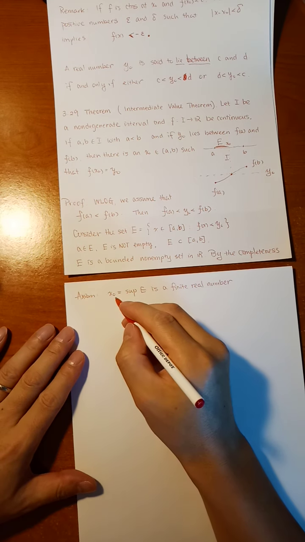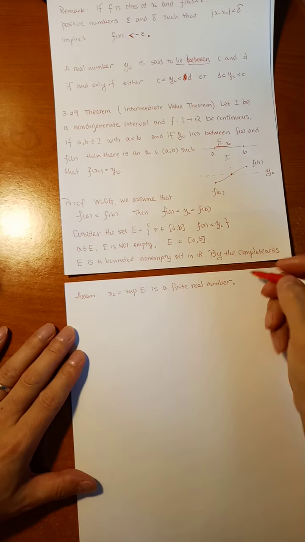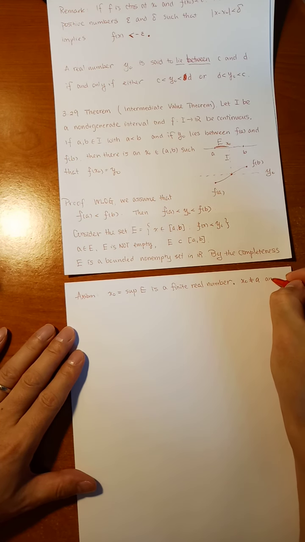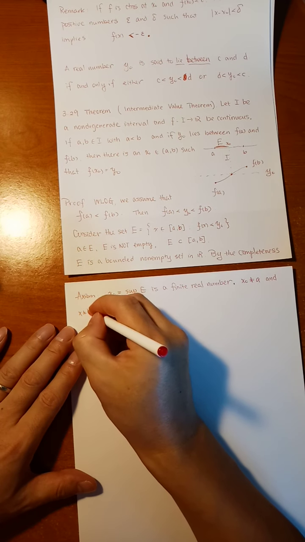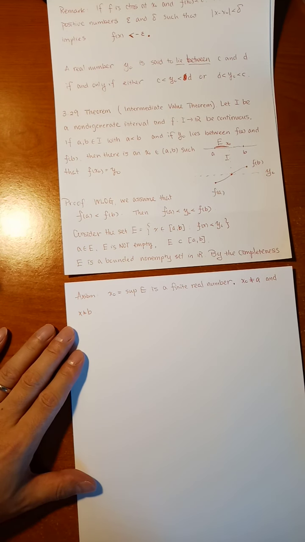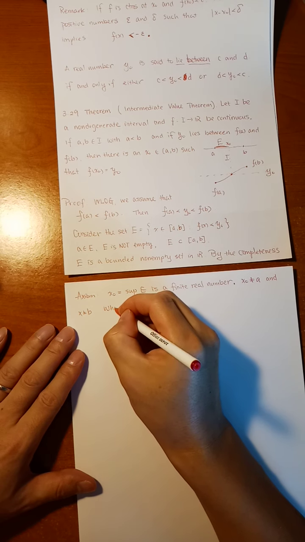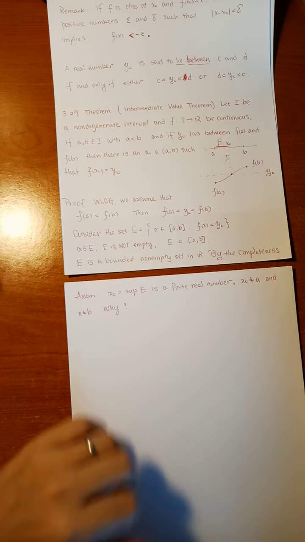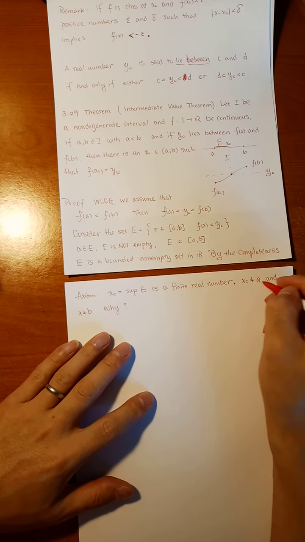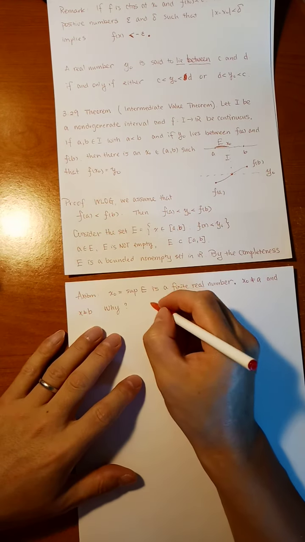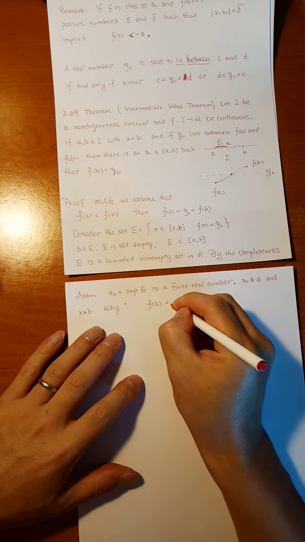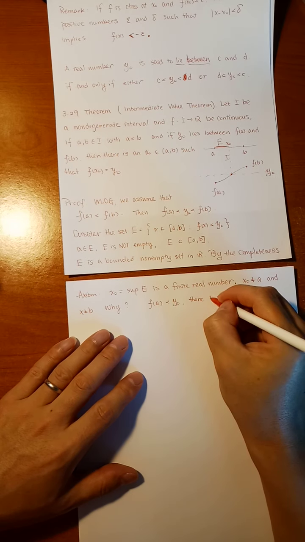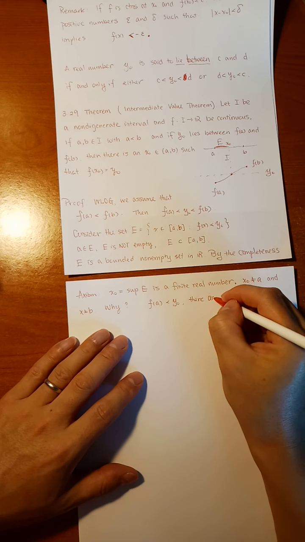So here, we're going to say x0 is not equal to A and x0 is not equal to B. Why? The reason is the following. Why is x0 not equal to A and x0 not equal to B? If f(a) is less than y0, then remember that there are positive numbers